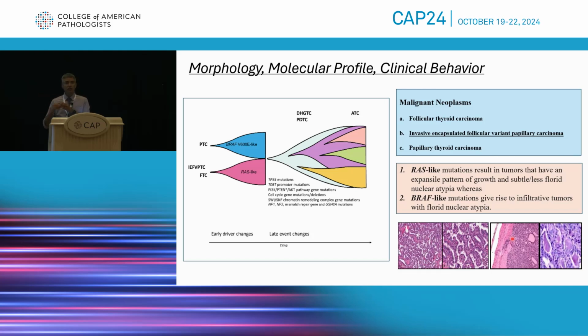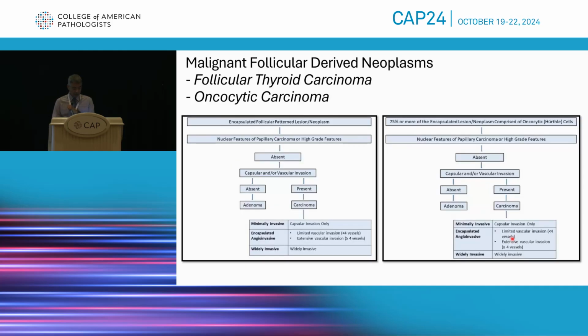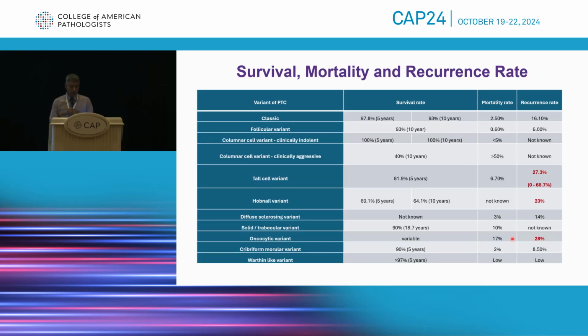And there is layering of molecular alterations, and the molecular profiles tend to become more complex. So you have well-differentiated tumors, which we use in 2 big bucket lists: RAS-like tumors, which are follicular pattern tumors, and then BRAF-like tumors, which have nuclear features of papillary carcinoma and a really good architecture also. We have criteria for how to diagnose well-differentiated non-papillary follicular-derived tumors, which are oncocytic and follicular carcinoma, based upon their invasive characteristics. But we have noticed for a long time that even within this well-differentiated carcinoma group,